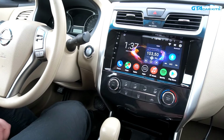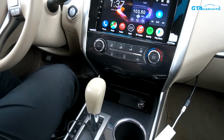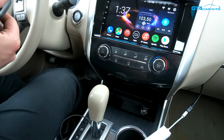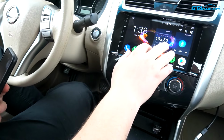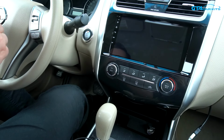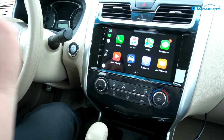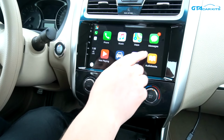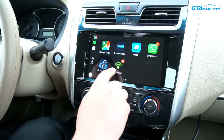Now we're going to quickly demonstrate how Apple CarPlay works. So as you see, we have the module connected here. We're going to connect our phone. We're going to go to apps, and you're going to go to the AutoPlay app, and you're going to make sure that your phone is unlocked. Here you go. So this is standard Apple CarPlay, and from here you can do Google Maps, Waze, and if